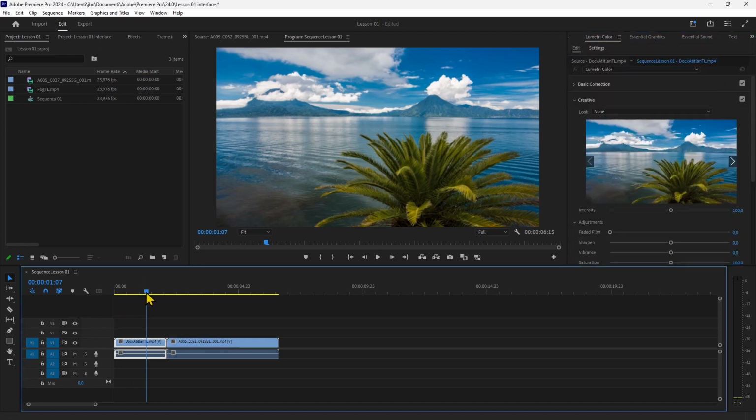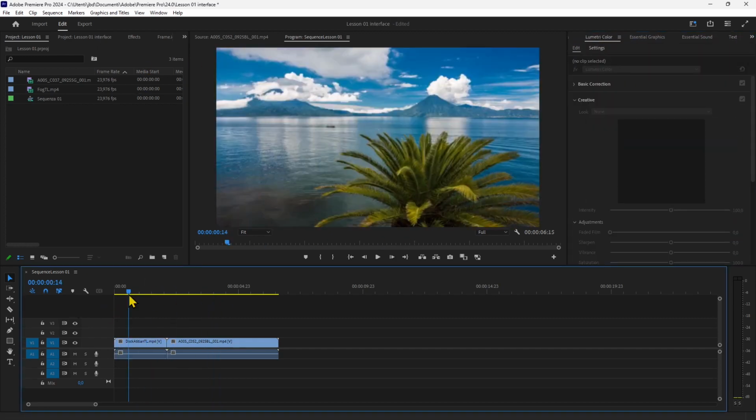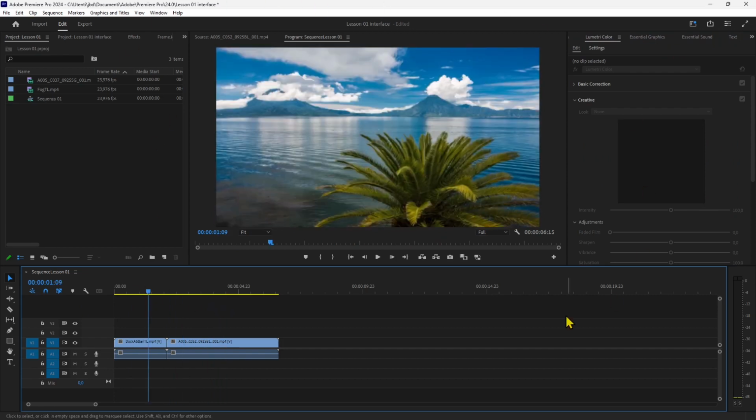Okay, so this is a basic tour of the interface. I hope you understand now better how everything is